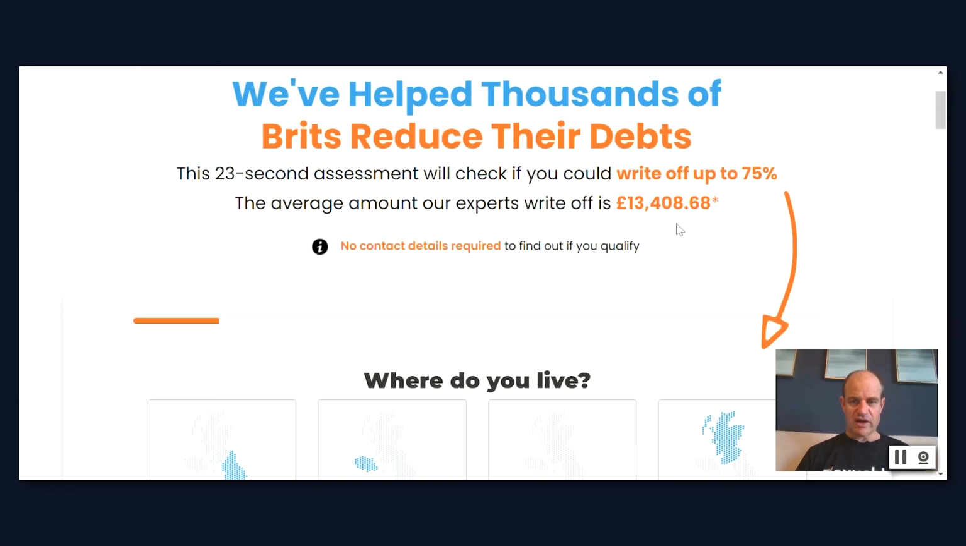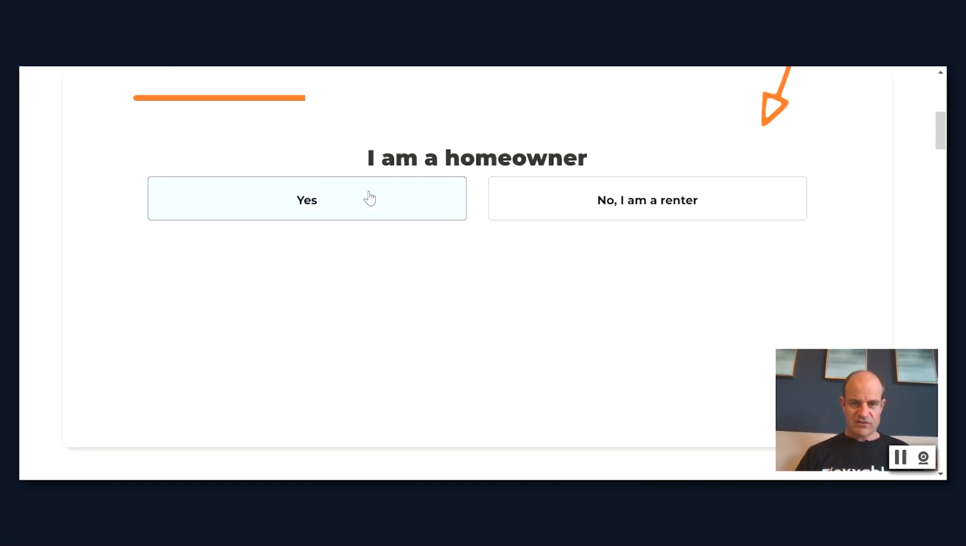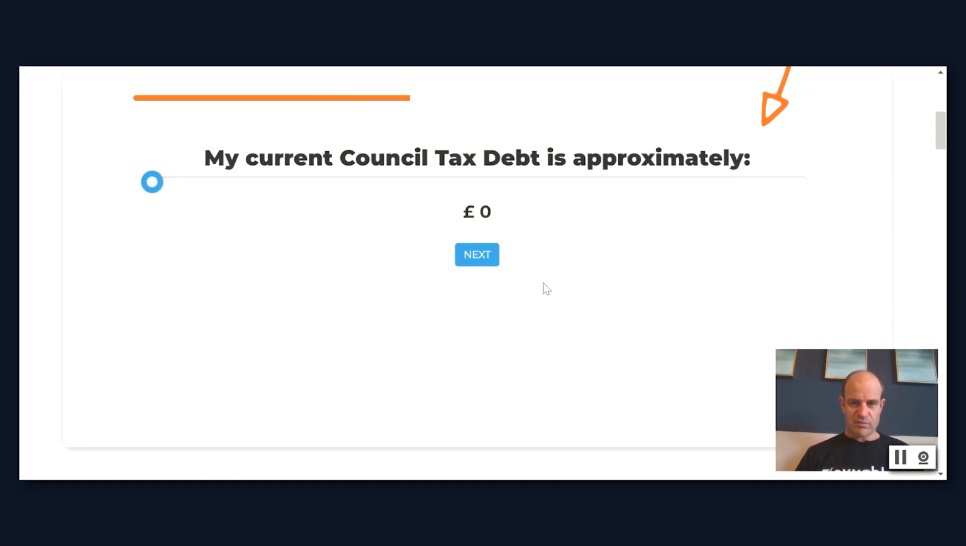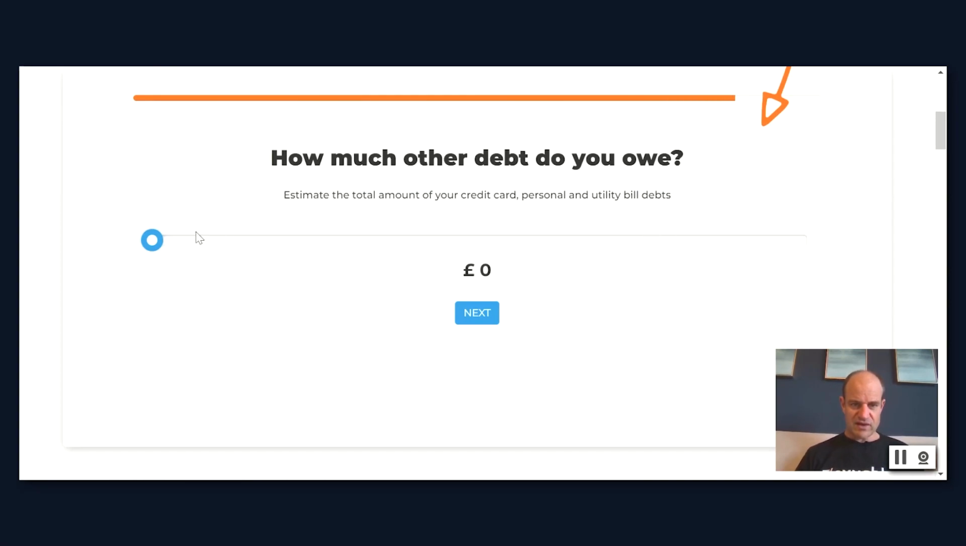So you can see our headline and our subheadlines. These have all been pretty carefully thought out, with copy like: no contact details required to find out if you qualify. Then we can go through and click the location, which is a nice, easy, simple first question. We go England. Yes, I am a homeowner. I am self-employed. My current level of debt, council tax debt, is $6,000. Yes, I have other debts, which are these ones here. And how much other debt? So we've selected what type, and it comes up to